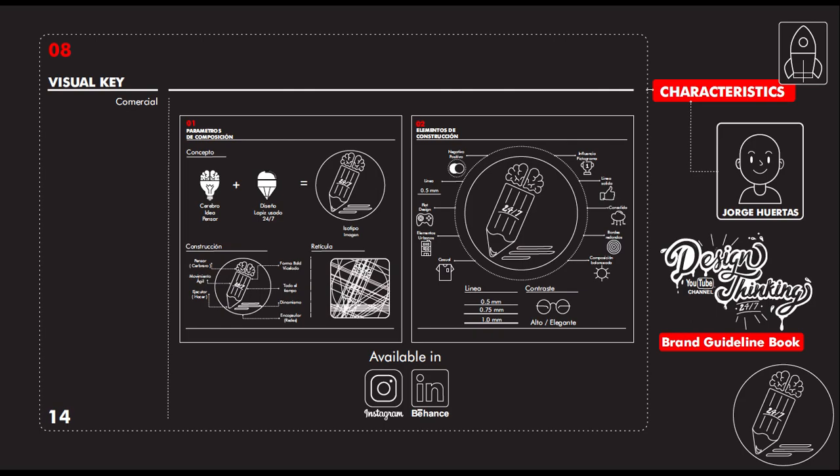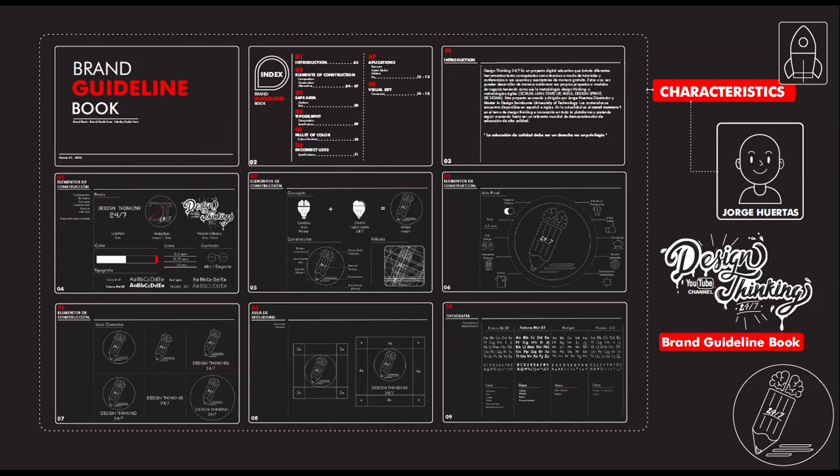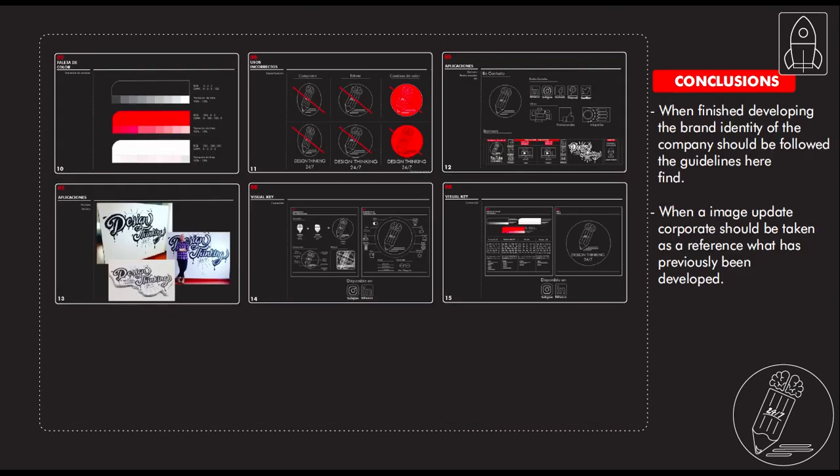This is the visual key because we also want to put this in different contexts that allow us to show all the creativity and all the construction that we make. So this is in social media for our Instagram account and Behance account. We have all the development. We made it in Spanish and now it's in English. And this is the visual summary of all the development that we make and all the summary that we